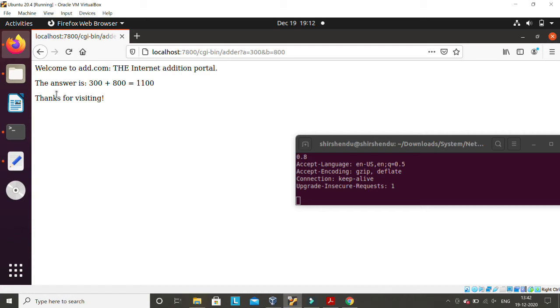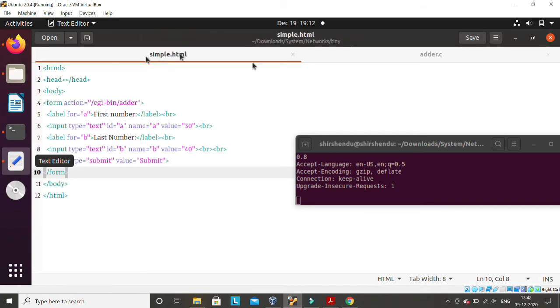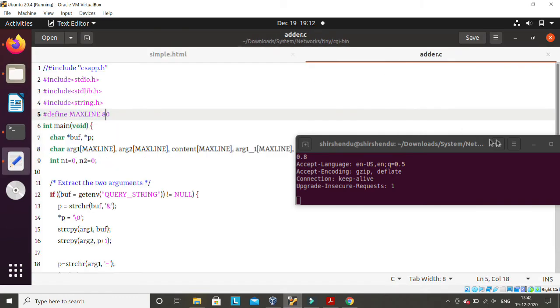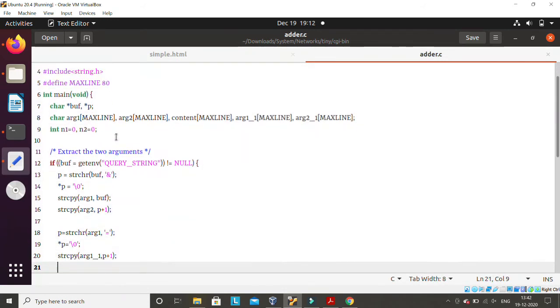It means what is inside this adder, because I have never explained it. I just said adder is a function, right? But adder is a program that can execute and do the addition of two things. But how is this adder written? So now I am going to this folder, inside this folder CGI bin, and opening this adder.c, which is already open here. You can see this. I'm minimizing this terminal now. See this function adder, the program. Sorry, this is an independent program adder.